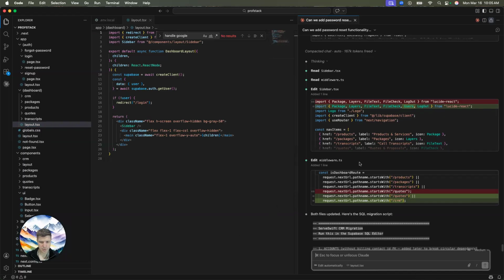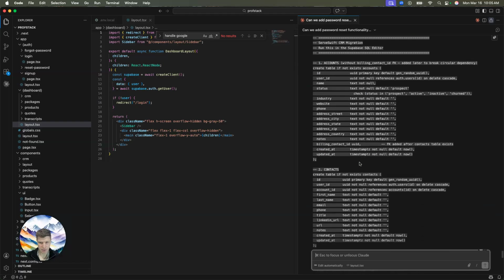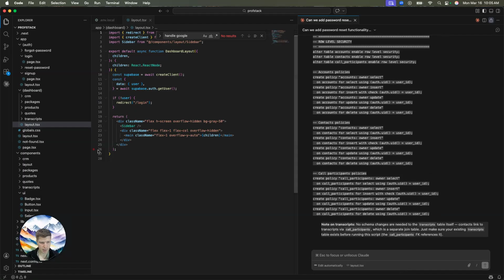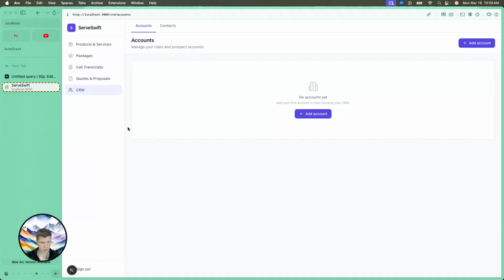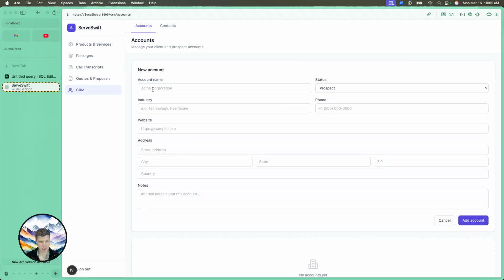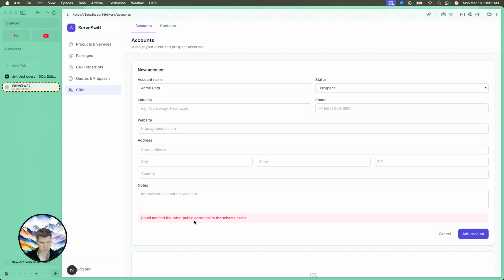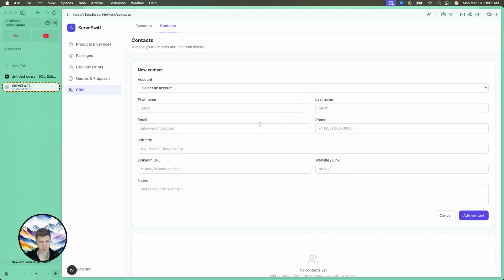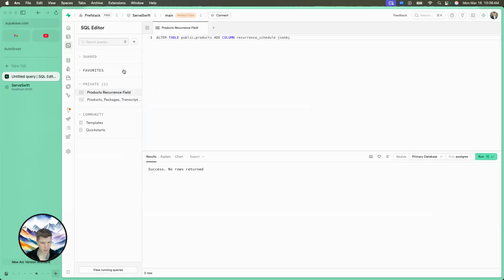All right, so Claude's finished up and it's updated the files, and then it's given us the SQL script right here. So we'll go ahead and copy that. And then before we get to Supabase with the updates, let's just check to make sure everything looks good. So we have account name, and let's see if that works. Okay, so we need to update the schema first, so that looks good. But we have a contact here, and so looks good. Let's go ahead and update